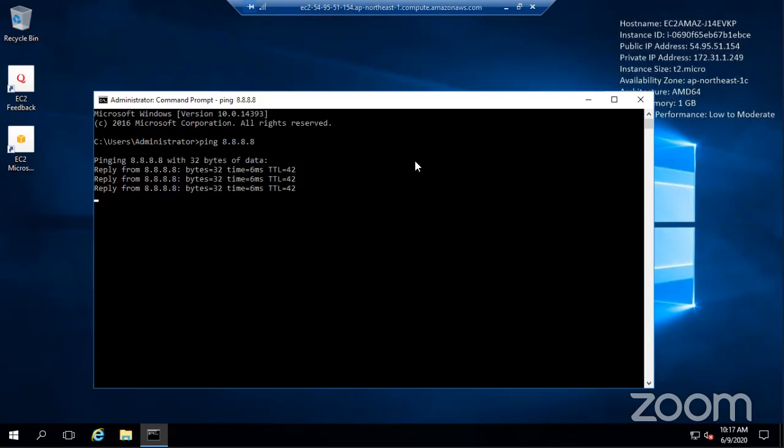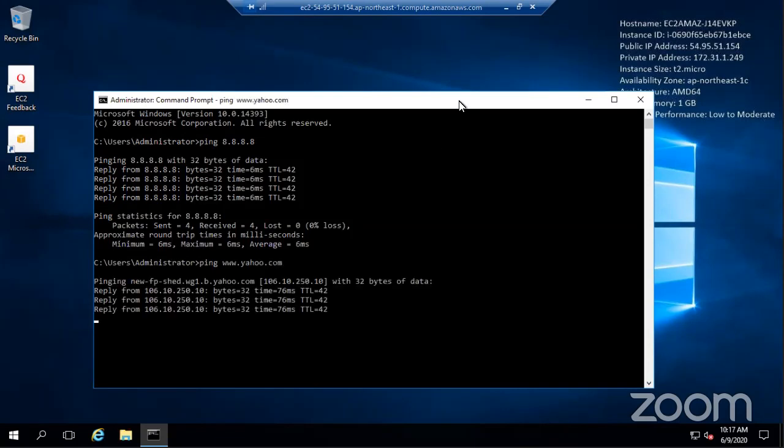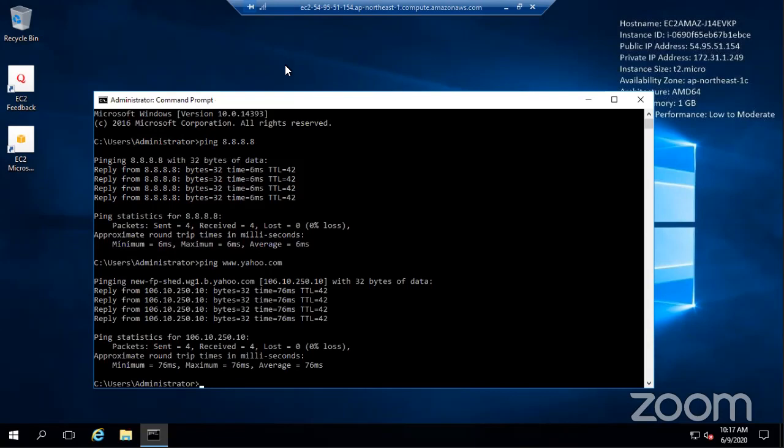There we are. www.yahoo.com. Yeah, it's on the internet. So this is an instance already. Now you can go in there and install whatever you want to install and run your services off there. If it's a database, if it's an application. So this is an example